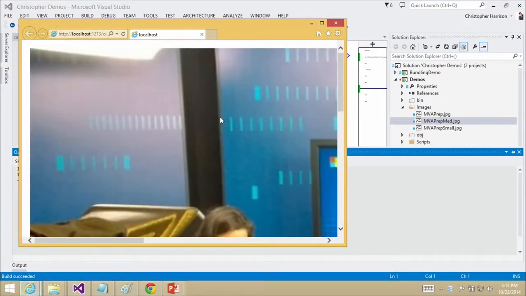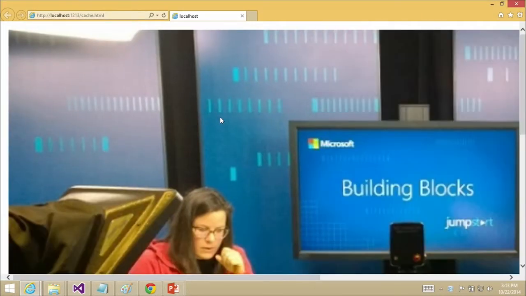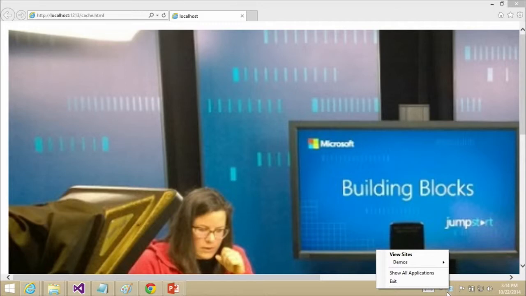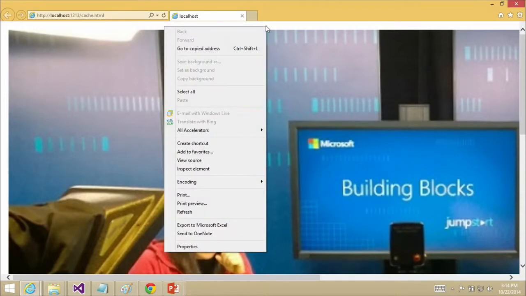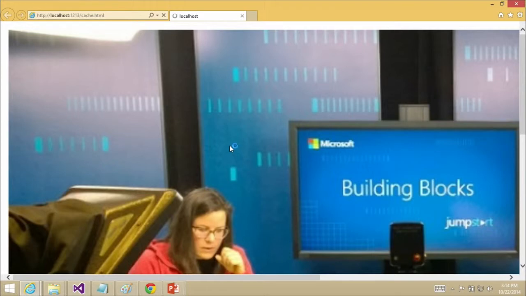So I'm going to fire this up. There's our lovely little image, and I'm going to hit refresh, and everything is working just fine. I'm now going to turn off my web server. So right-click, exit. Am I sure? Yes. I'm now going to right-click right here and hit refresh, give this a couple of seconds,